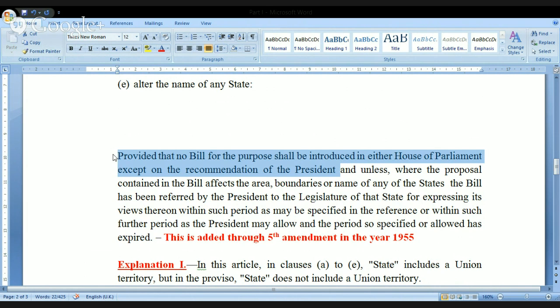And unless the proposal contained in the bill affects the area, boundaries, or the name of any of the states, the bill has been referred by the president to the legislature of that state for expressing its view. What is the meaning of this? We are going to alter the